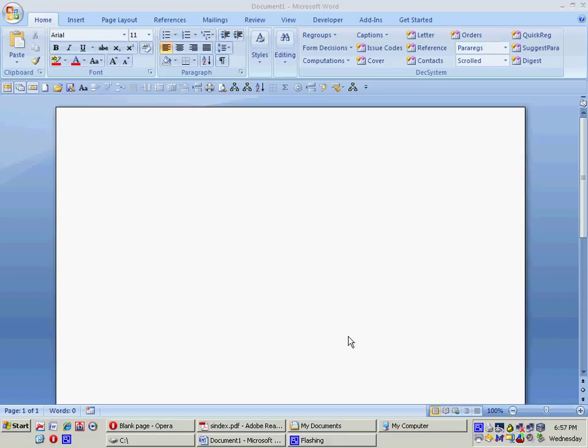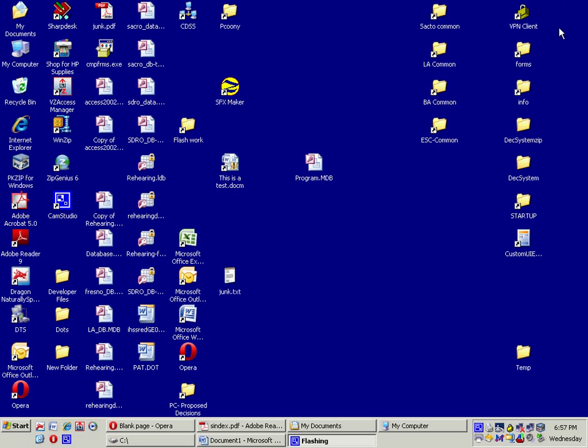Well, templates are a type of Word document that can be used as the basis for a more specific Word document. In fact, all of the decision system is based on one or more templates that I have created and have attached macros to. Now, to show you an example of what a template is, so you get the idea,